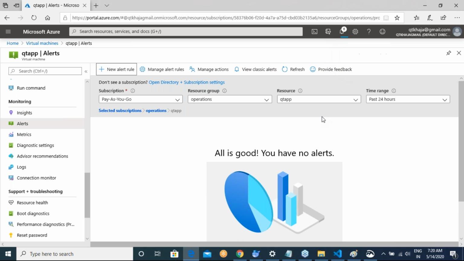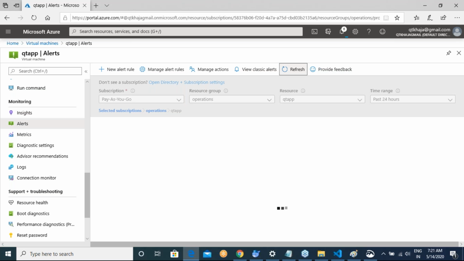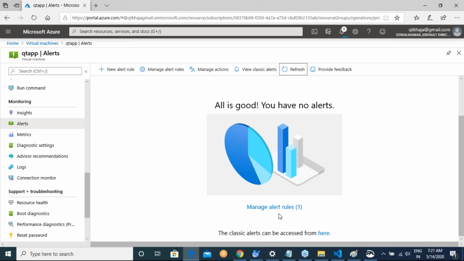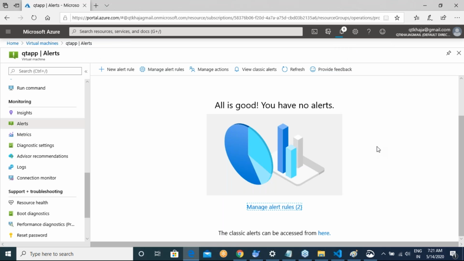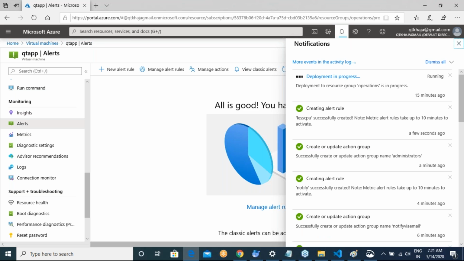Now take some time, and after some time you can look into whether you have any alerts. All of those alerts will be shown over there. Now it is telling that you don't have any alerts, everything is going good so far. It will take some time for you to look into the whole thing.